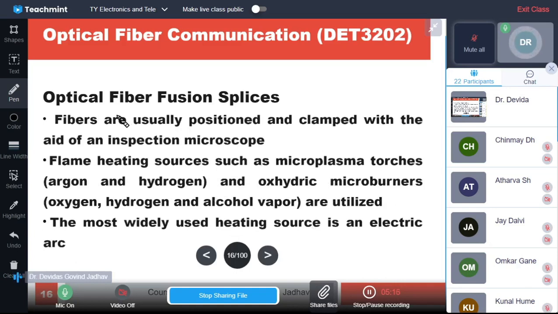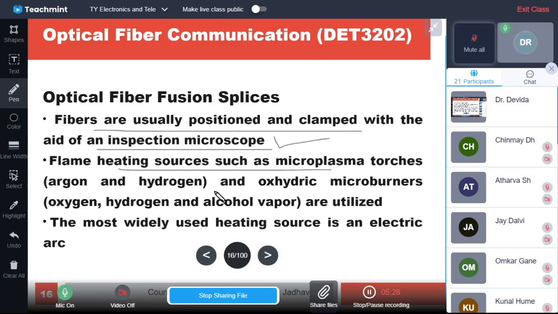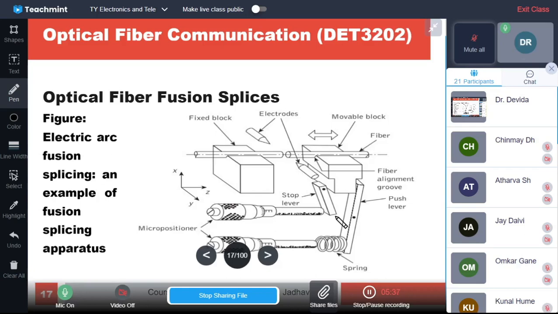So the fibers are clamped, and there is an inspection microscope to adjust the alignment. Then flame heating sources are there: argon hydrogen, auxiliary microburner, oxygen hydrogen alcohol, but electrical arc is most suitable. So this is just the working principle point of view; this diagram shows how the fibers are placed, how the fibers are aligned, how the fibers are pre-fused and then fused, and